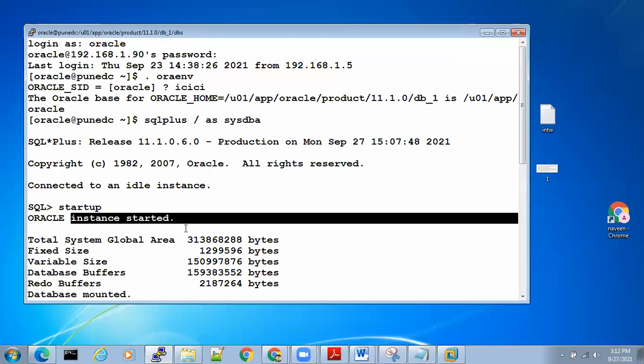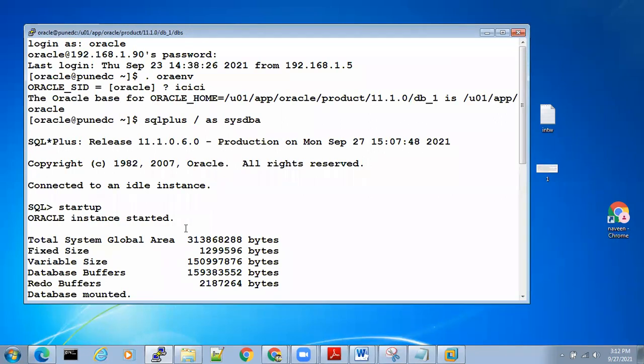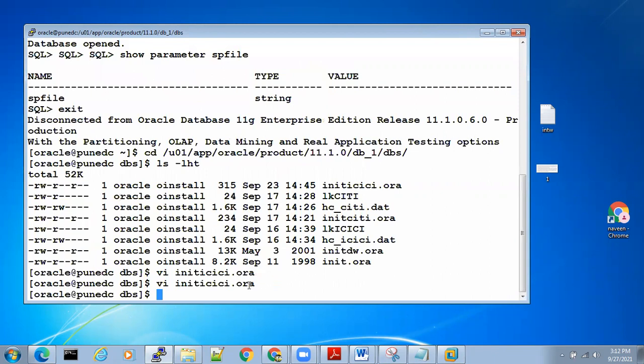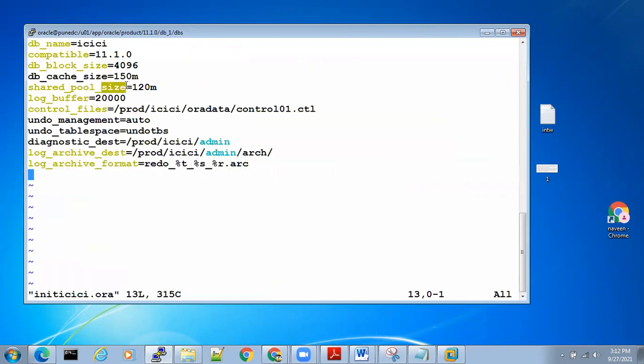What is an instance? SGA. What is SGA? Shared pool, library cache, data dictionary cache, database buffer cache, log buffer, redo log buffer. All of this has to start, so it will read this file and the sizes inside it.